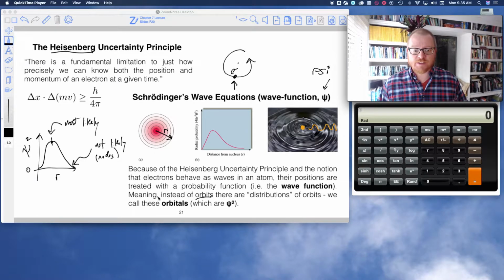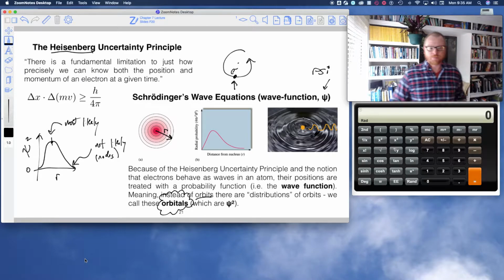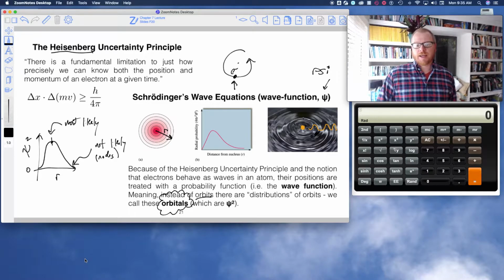So instead of orbits, we use orbitals, and that's what we're going to be talking about in this next video. And an orbital, it's a mathematical solution to the Schrodinger's wave equations, okay? But this mathematical solution, it's a three-dimensional mathematical solution. So these orbitals are shapes, and what they represent are probability distributions or regions where you will